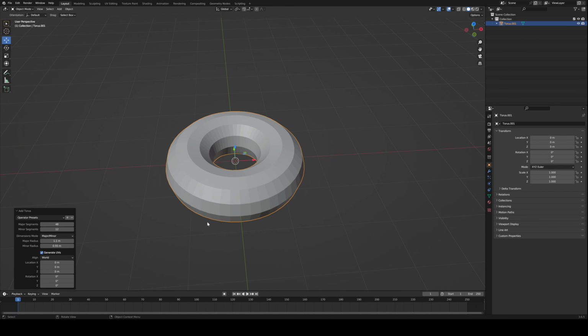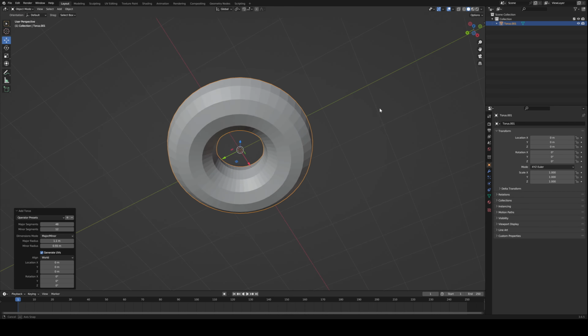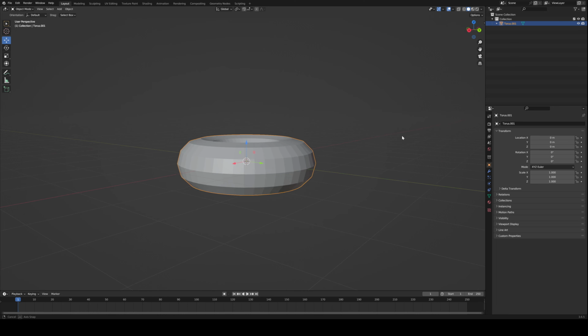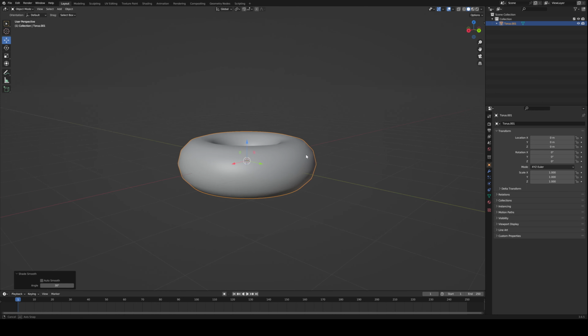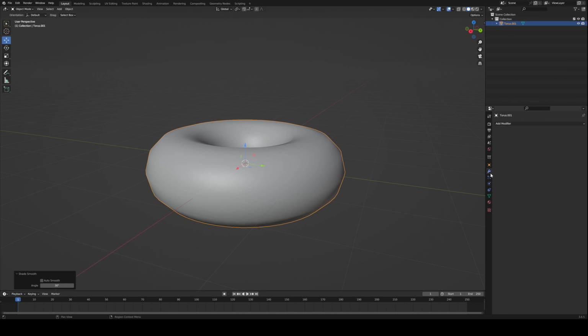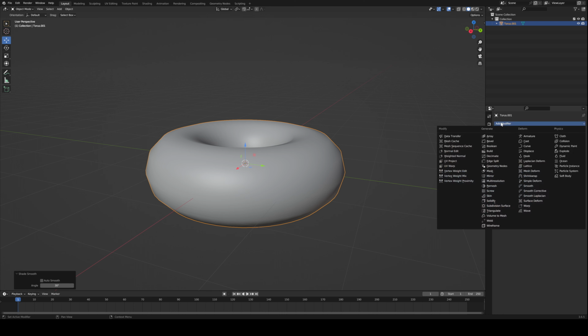We're gonna add this. It's a base mesh we have for a donut, I guess. If you right click it, you have more settings. Shade smooth to smooth the model. You can go to this wrench icon, add modifier, subdivision surface. If you have a newer version of Blender, you just press it and you can type it in the